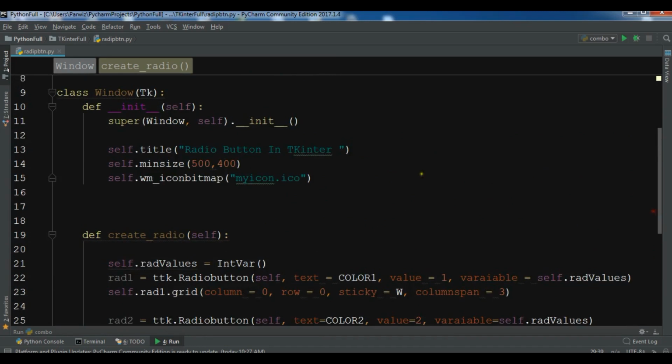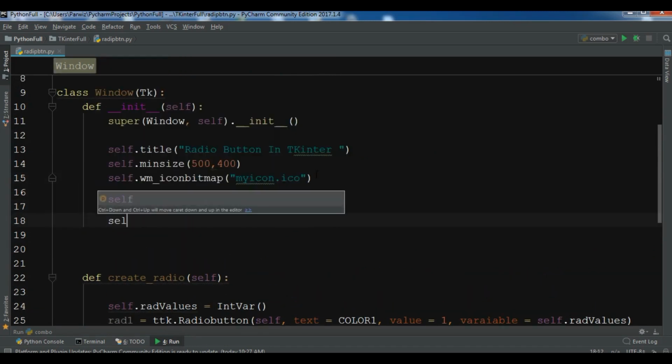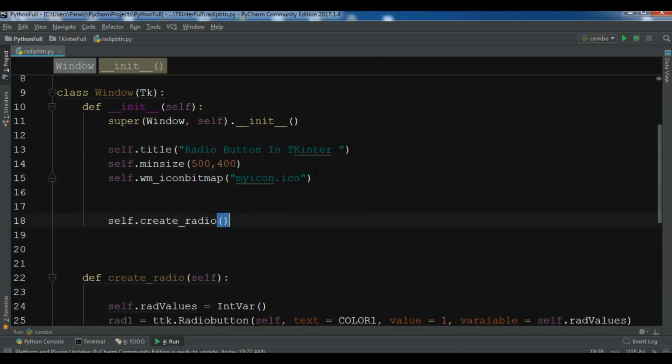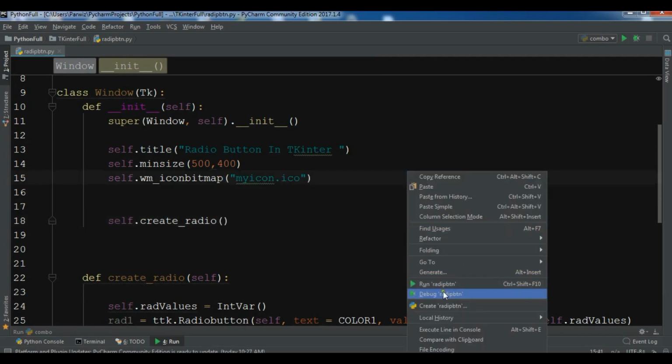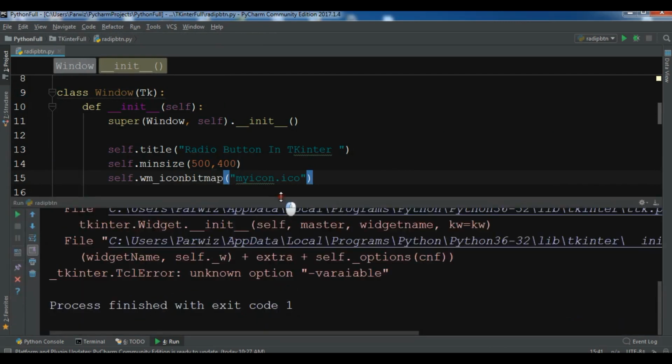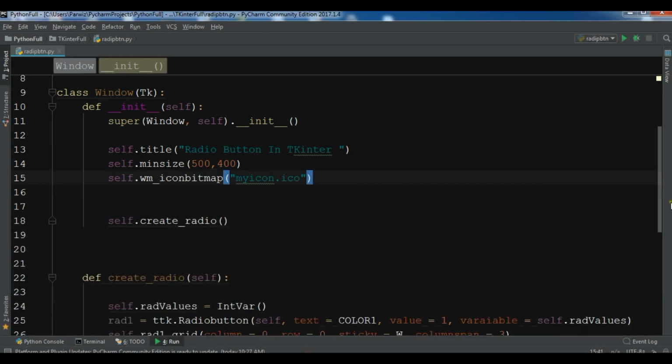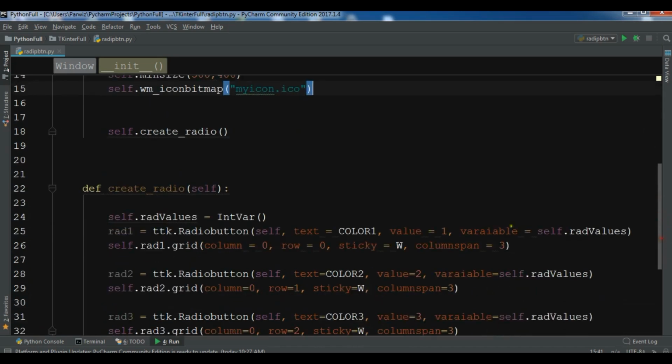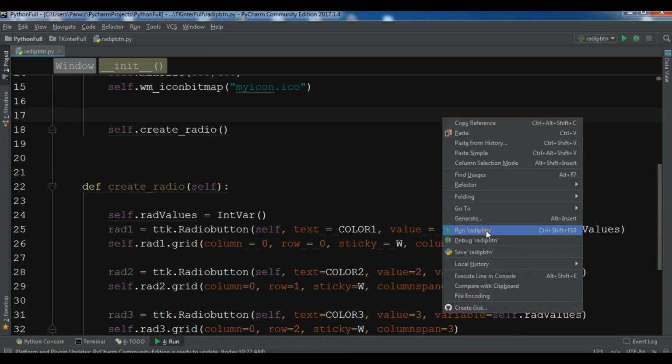Okay, so now let me call this self.create_radio, and let me run this. I have an error, an unknown variable we have in here. Oh sorry, we have a misspelling of the variable, so it should be like this. Let me just copy this. Okay, so now if I run this again,